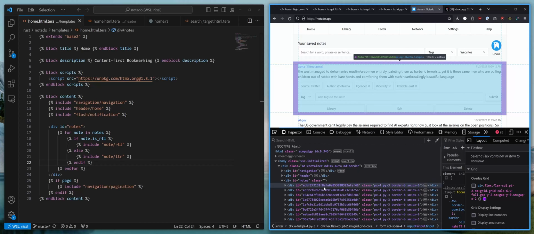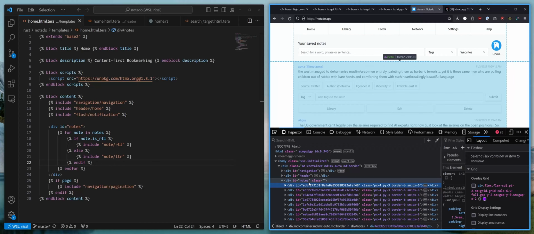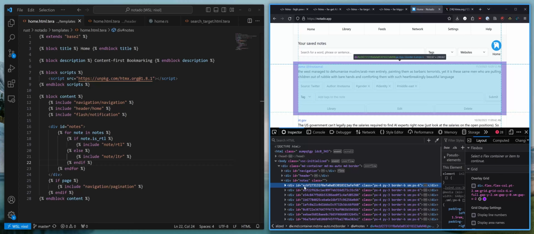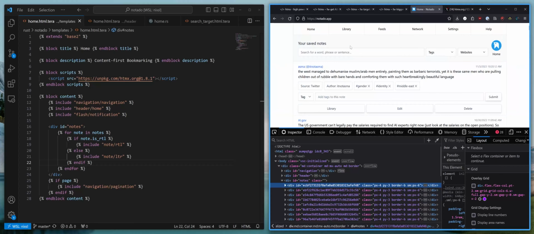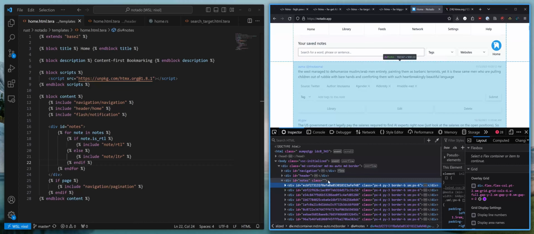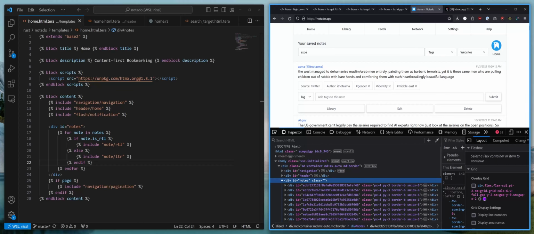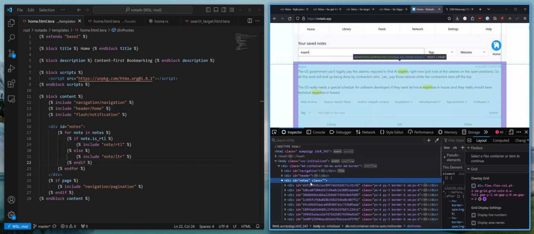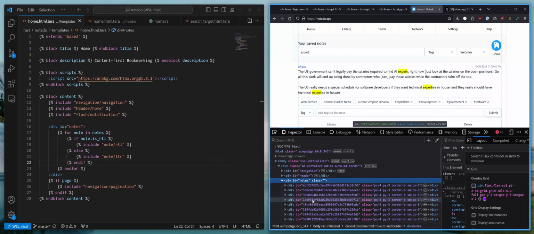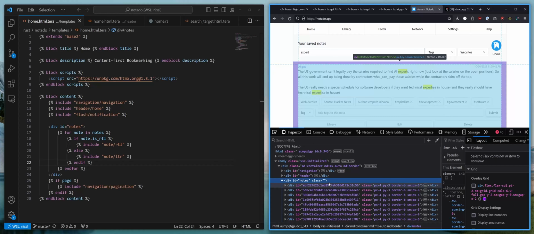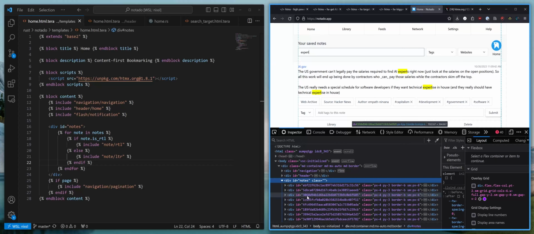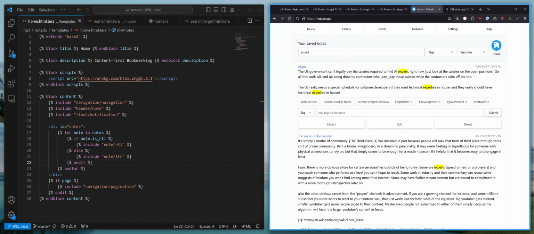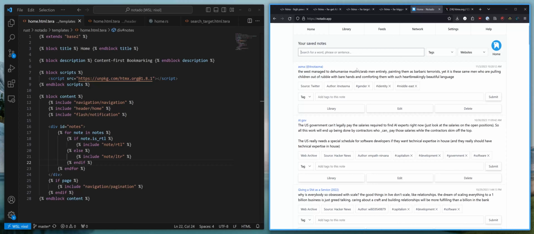We have it all on one line, right? So let's say this first entry is ECBF whatever, and then I can go here and type expert again, and you can see that this has changed, right? And we have new notes, and it's just replaced whatever HTML was under this node with the HTML that was returned. So with that little demonstration out of the way,